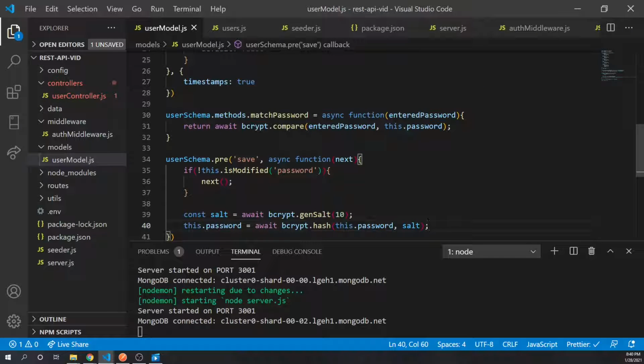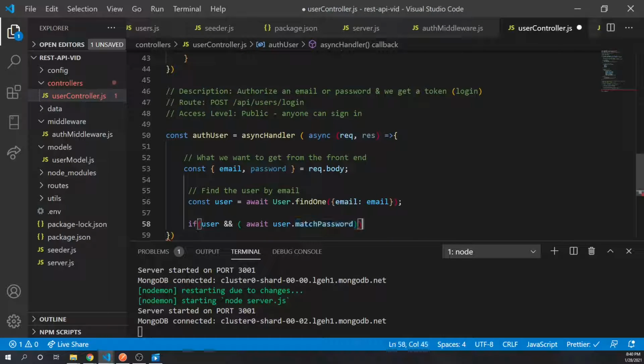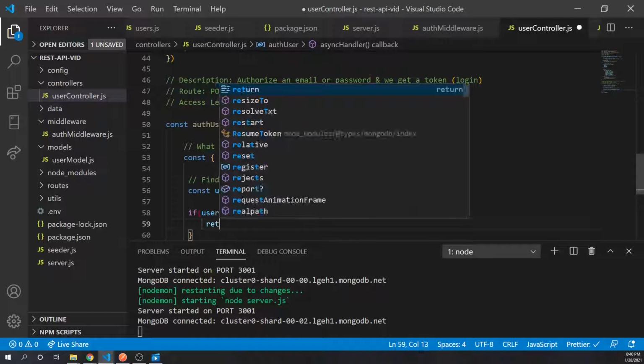So here's that method we're calling, matchPassword. Let's head on back to the controller. So we'll await user.matchPassword, and then we'll stick in our password. Password, here we go. Curlies, and then we'll return